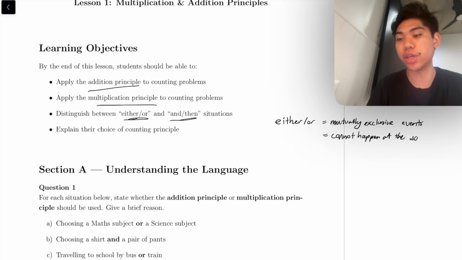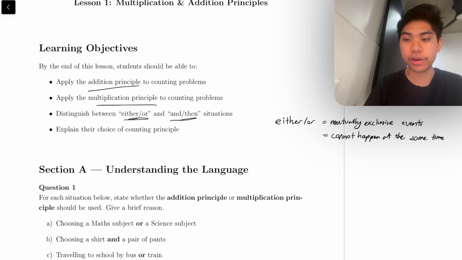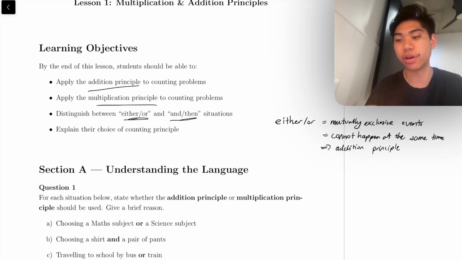Okay, so you either choose one or the other, okay? And we use our addition principle, which is very self-explanatory. We just add our numbers together that we have, okay? So whether that's probabilities or choices, whatever it is, we just add those different